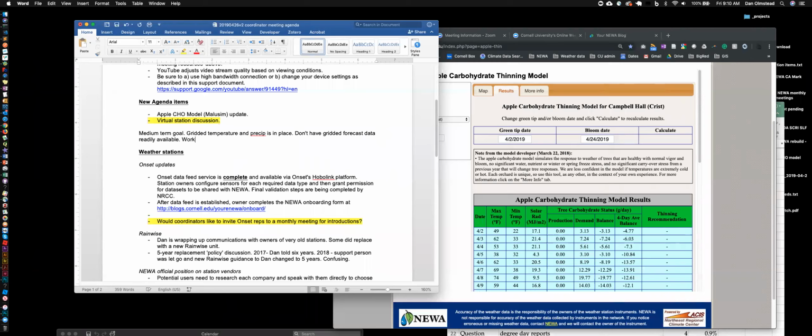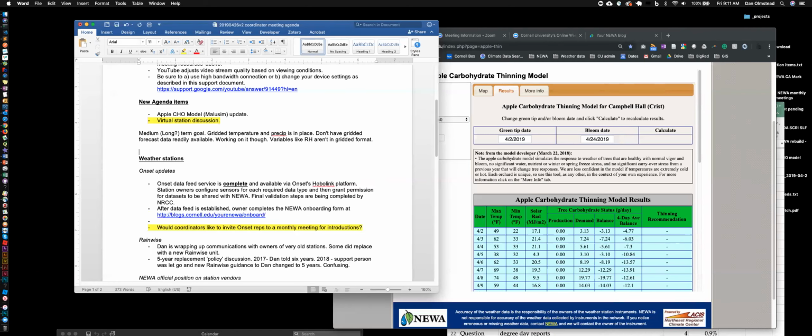And the other thing would be the variables like relative humidity. We don't have that in a gridded form yet either, or solar radiation. So there's still some work that needs to be done. That process is, well, we're actually working on it right now, but I'm not sure when it will actually be ready yet. But all the pieces are things that we're working on.